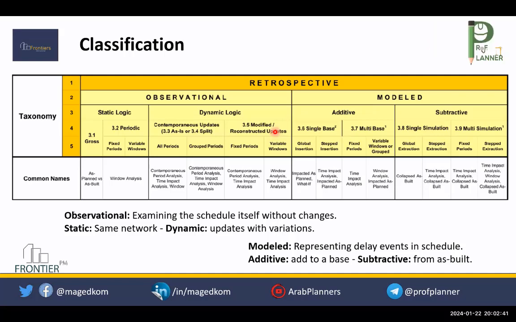As an example, let's say the project has phase 1 and phase 2, and 28 days prior to the completion of phase 1, the employer is responsible to issue the drawings. In this case, as per the baseline, phase 1 has delayed and the employer's design for phase 2 is also delayed.